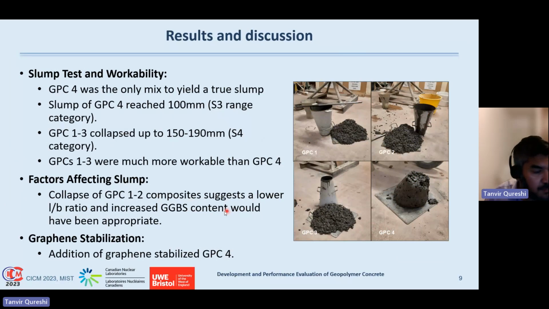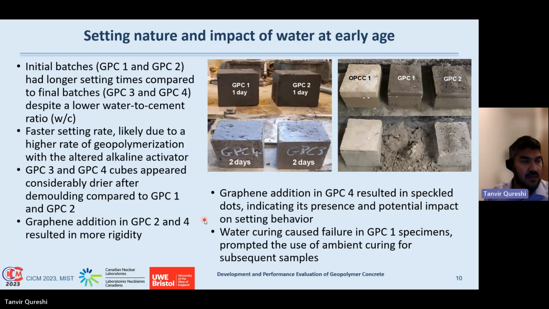However, one point should be noted: the addition of graphene nanoplatelet has stabilized the flow properties in GPC4, which you can see in this image. When we look into the setting nature of the composite systems, on the left-hand side image, you can see that